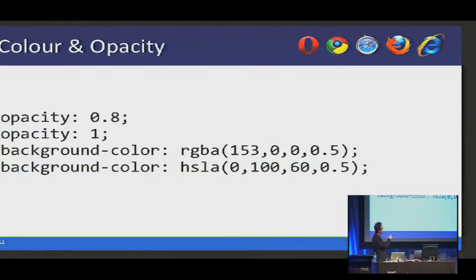But so RGBA, the values are red, green, blue, and your alpha transparency. In this case, it's 50%. So it's great. You can use this any place you can use a color. So background colors, font colors, shadow colors, border colors, anywhere you can apply a color attribute, you're either using the hex value. Now you can just use the RGBA and apply a bit of transparency. Very cool.